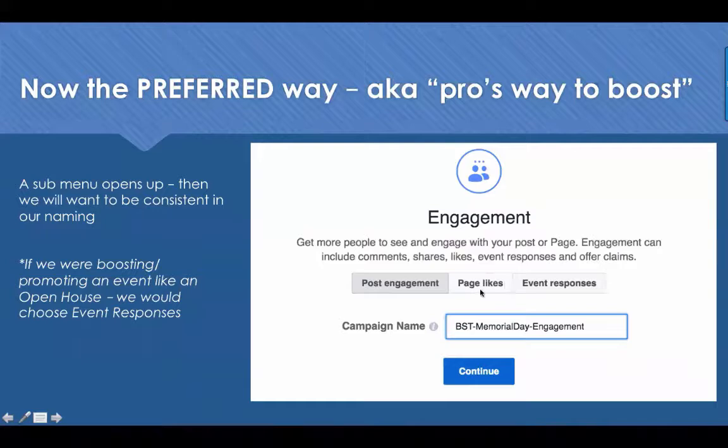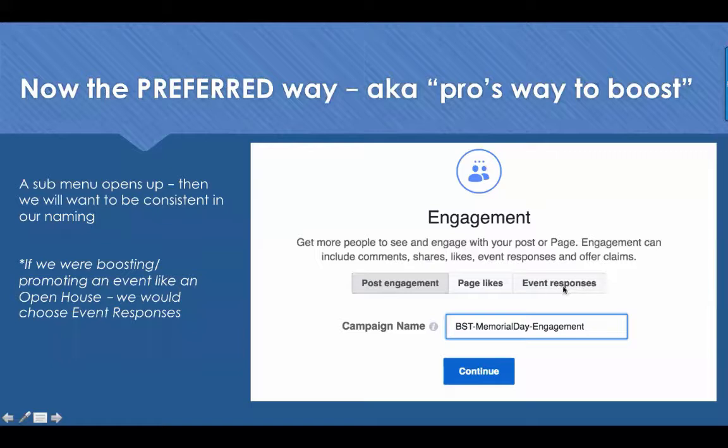I'm not that interested in page likes unless I'm Coca-Cola. There are applications where you do want to get more page likes, let's say you're targeting a farm area, but I want to get post engagement. I could then invite them to like the page. So I'd rather set it up so that the ad is designed so that they're more likely to give me a like, a love, a wow, or a comment.